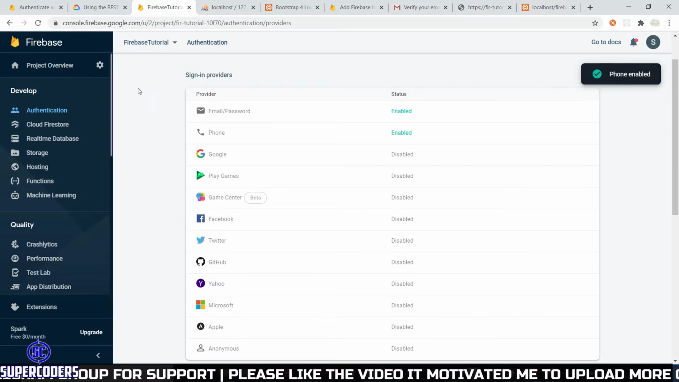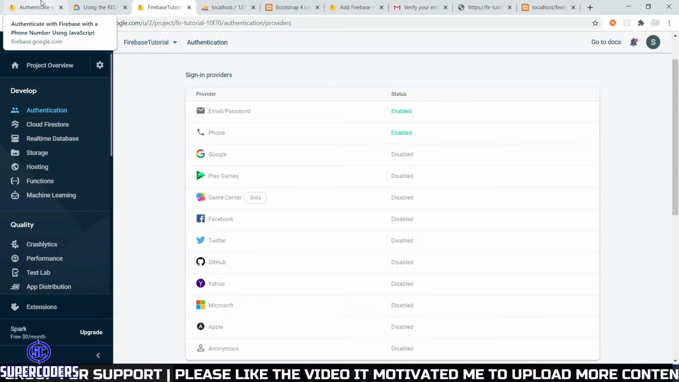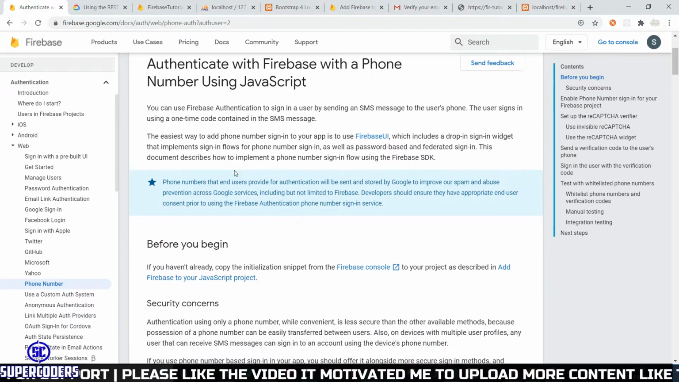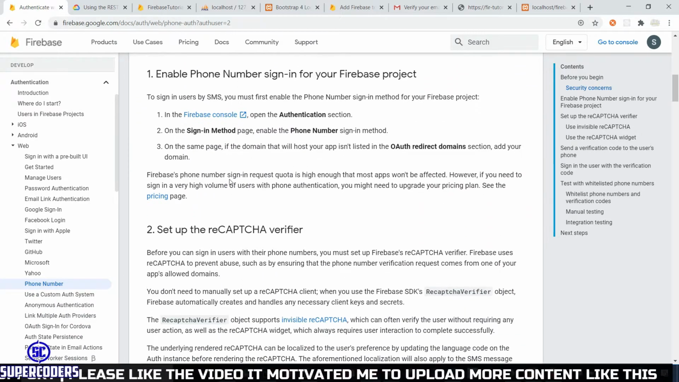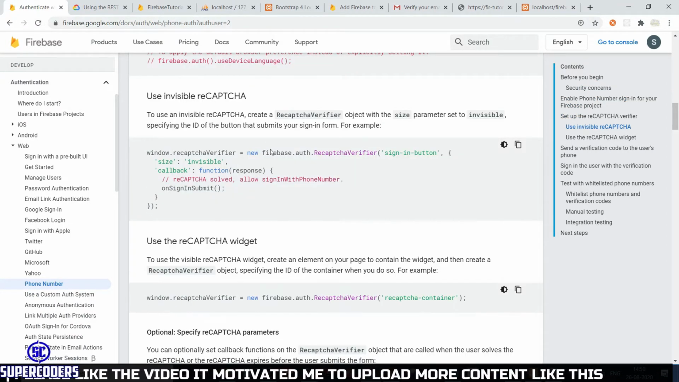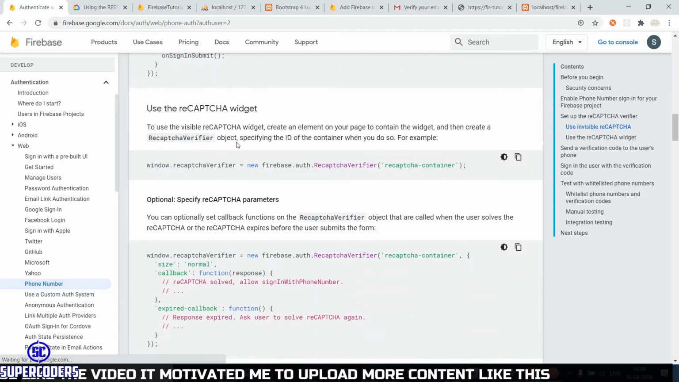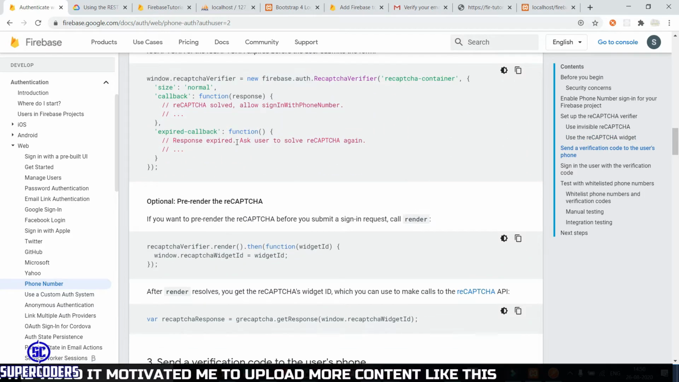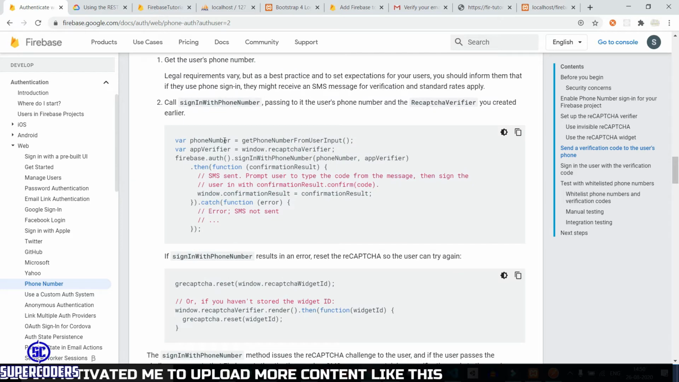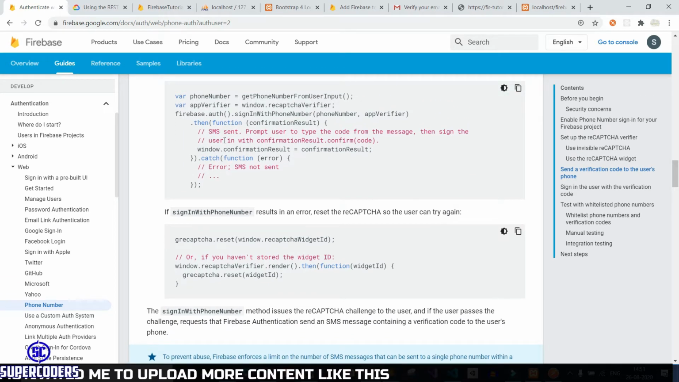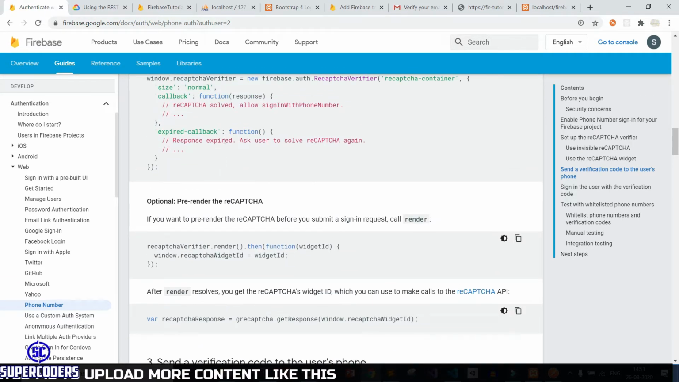Now after that, click on authenticate and here you can see there are lots of things, but we don't need everything. So let's see how we can do this. Again back to VS Code,